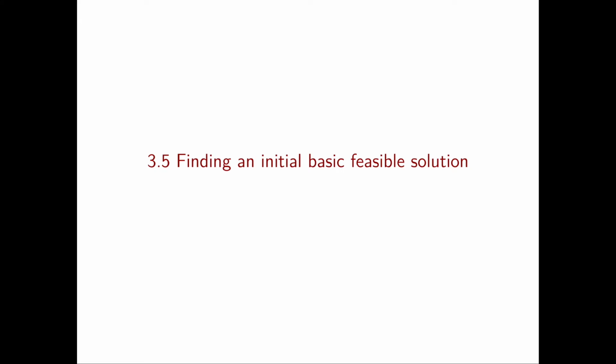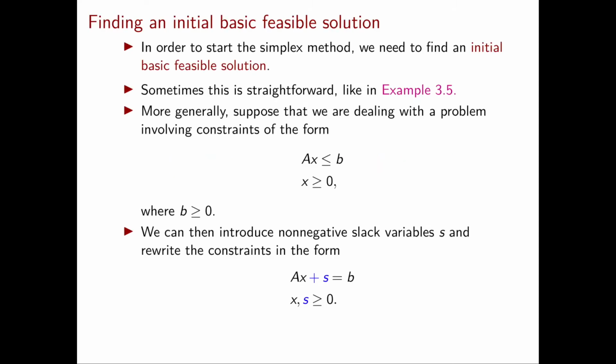In this video, we're going to understand the very last thing we need to finalize our simplex method. We're going to discuss how we can find an initial basic feasible solution. Based on what we have seen so far, if we have an initial basic feasible solution, then we are able to run the simplex method until an optimal basic feasible solution is found. And we've also understood how to avoid cycling. So finding an initial basic feasible solution really is the last thing we need to understand.